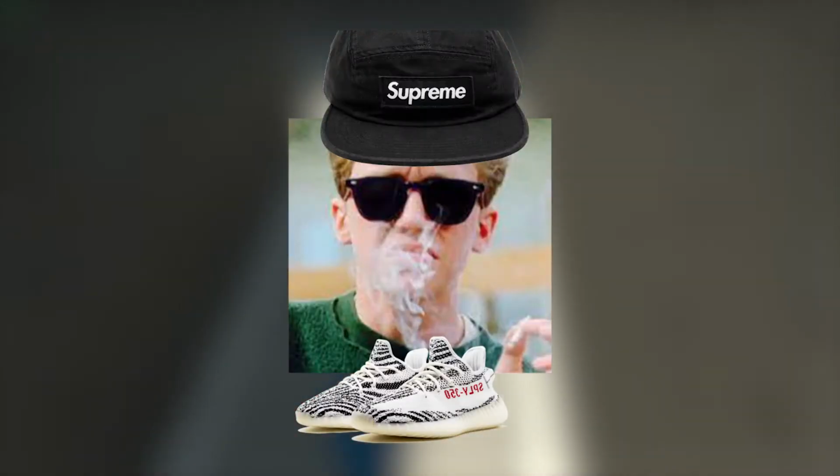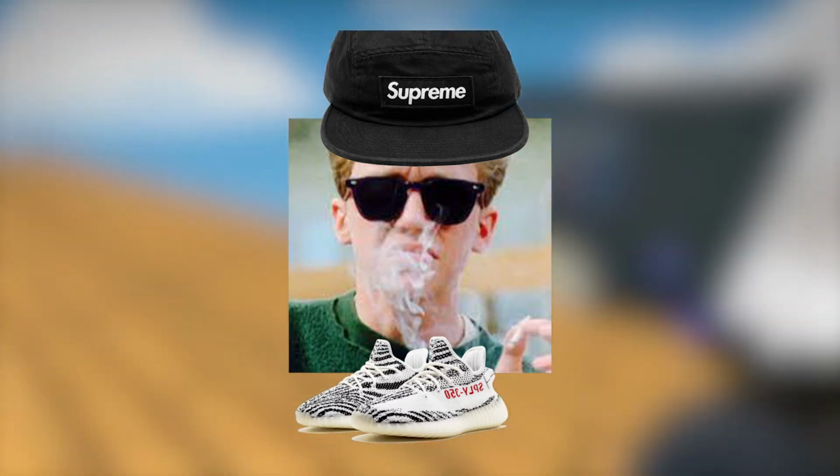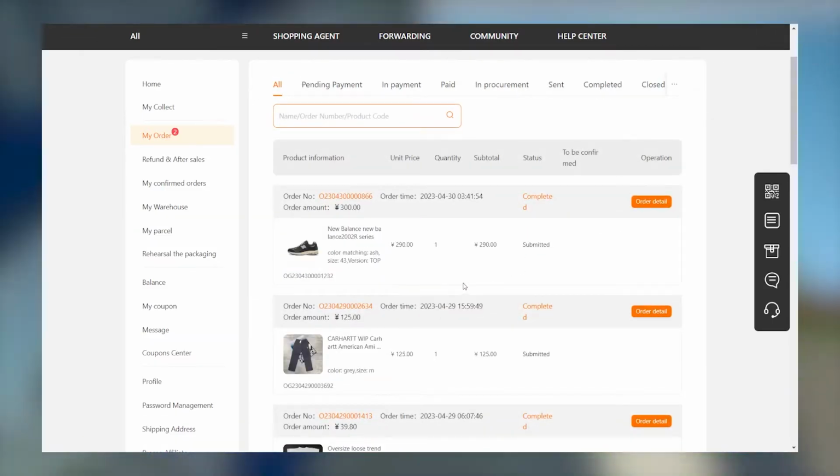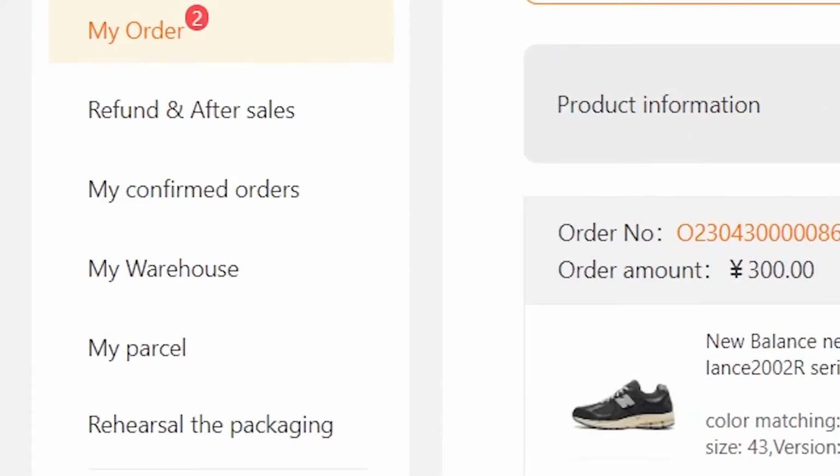So originally they didn't fix this, but now if you just go onto the main page where it says My Order, you can scroll down and see all your orders. Now, if you want to specifically go to the ones that are currently in your warehouse, on the left-hand side, you'll see My Warehouse, and you can just go to that option, or you can just scroll down, or even